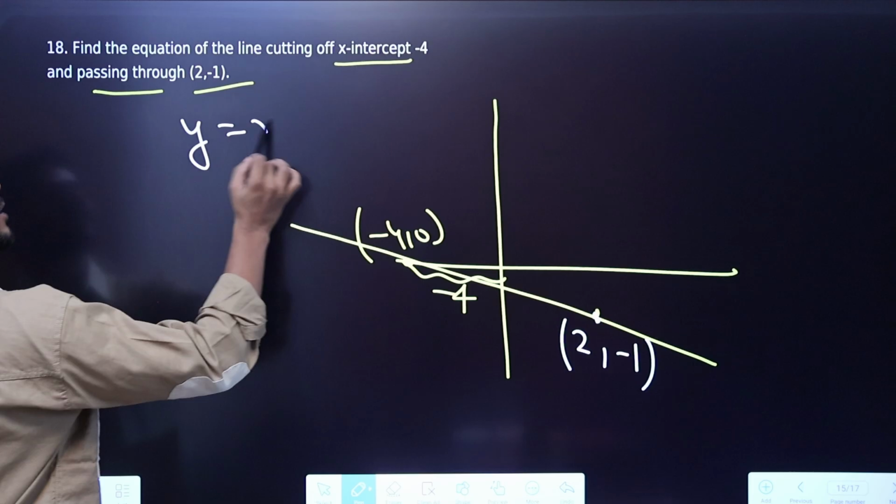Now we know the y-intercept. Do we know the slope? Yes, this is your slope actually. If we substitute using any 2 points, you can find the slope. So if this is 4, then 4 minus 0 divided by 0 minus 4, so it will become 1. Slope is 1. We can substitute here y is equal to 1 times x and c is 4. It will become minus 4, because it is in the negative direction of the y axis. So x minus y minus 4 equal to 0 will be the final equation of this straight line. Got it guys?